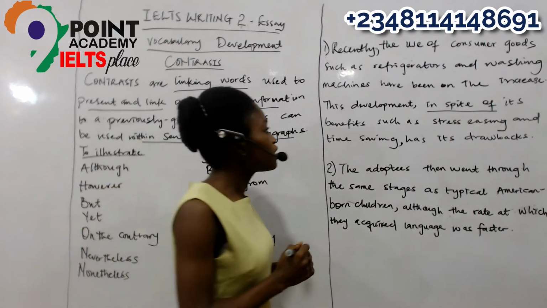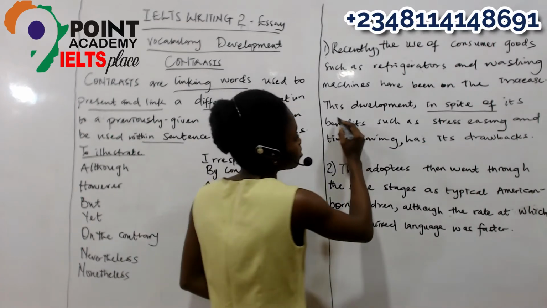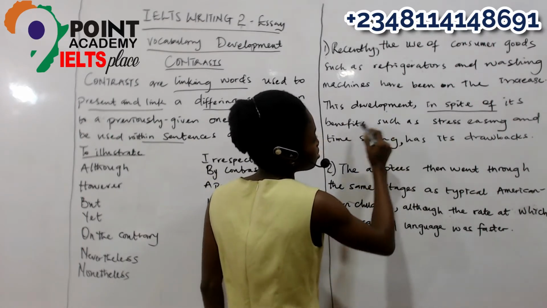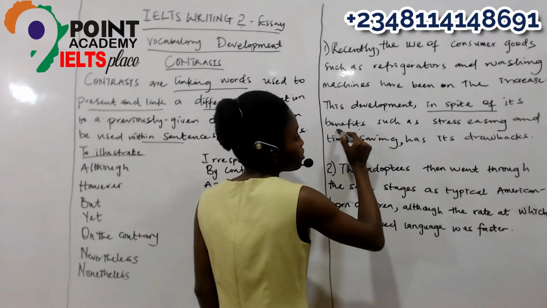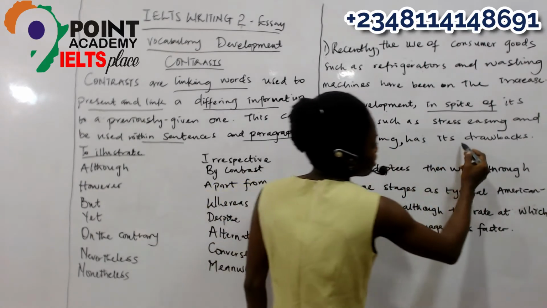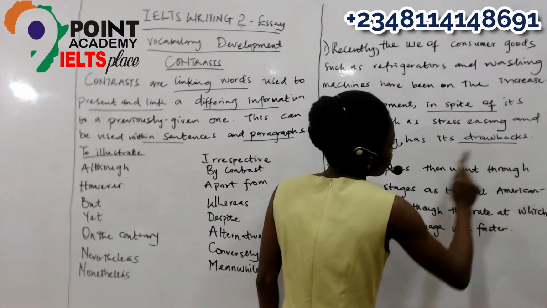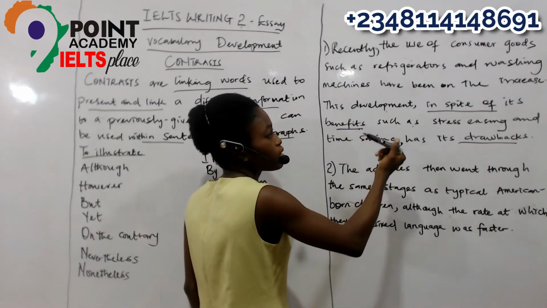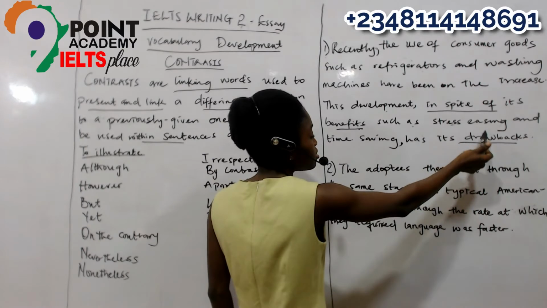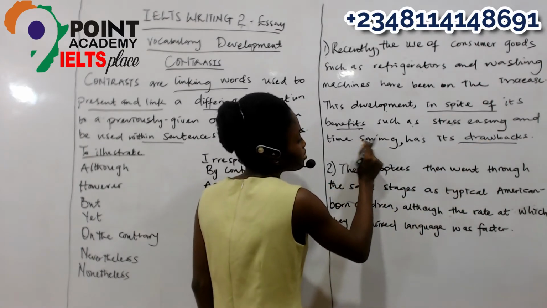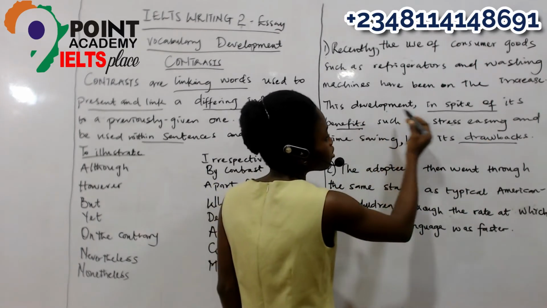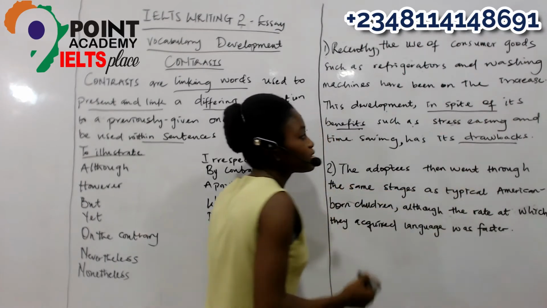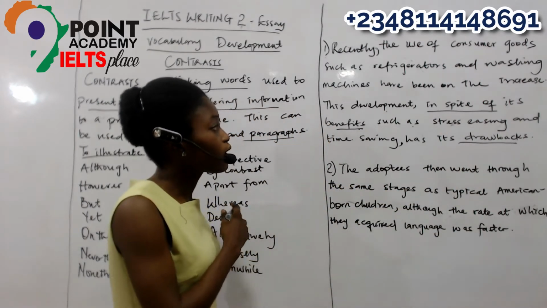But because you need to say that, okay, this development has its advantages, which is benefits, and it has drawbacks. Now we need to use a contrast because we've given the benefits, which is stress easing and time saving. Then you say this development, in spite of, that is irrespective or however,